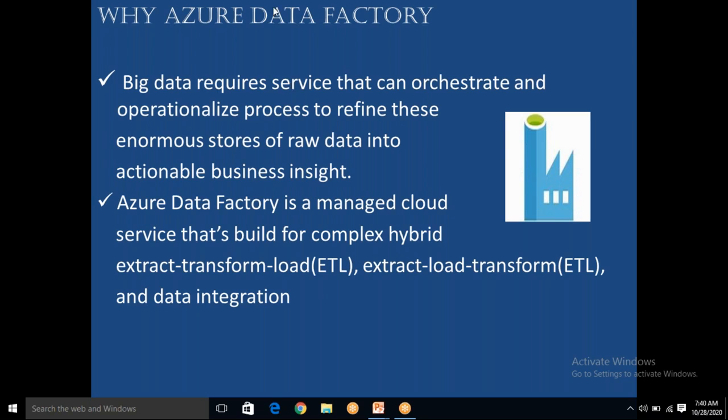Okay. Now, Azure Data Factory is a managed cloud service built for complex hybrid extract-transform-load and extract-load-transform. ETL means take the data, transform it, and load it. Not only does ADF support ETL, it also supports ELT, meaning extract, load data into the cloud first. Transformation you can apply whenever you want to apply, maybe